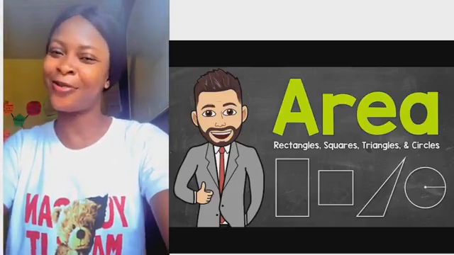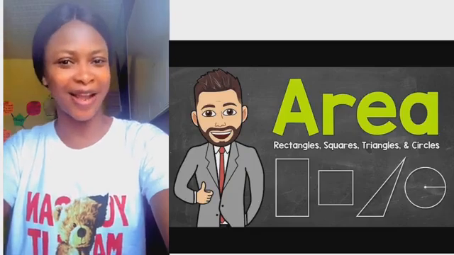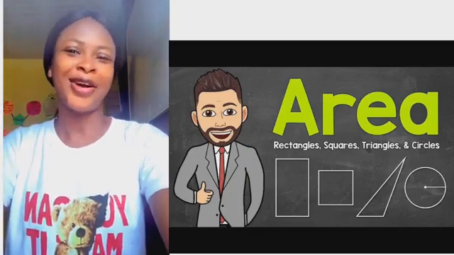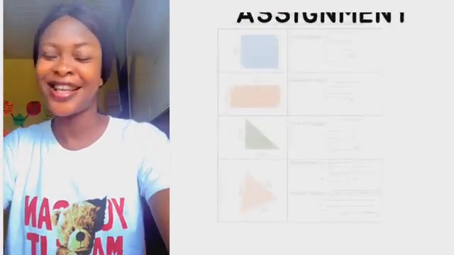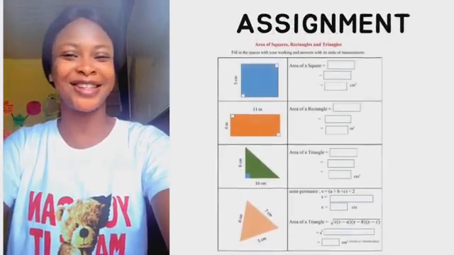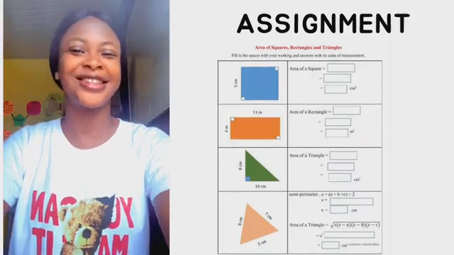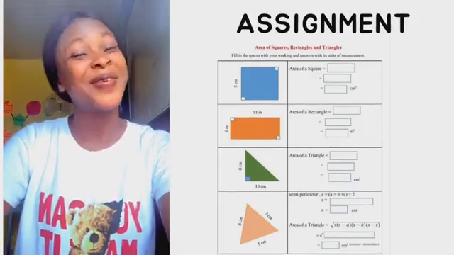Yes, area of squares, rectangles, and triangles. Now we know how to solve questions on area, right? Okay, now it's time for questions. You have to answer the questions on the worksheet. Answer the questions on the worksheet, and I will see you guys in our next class with another